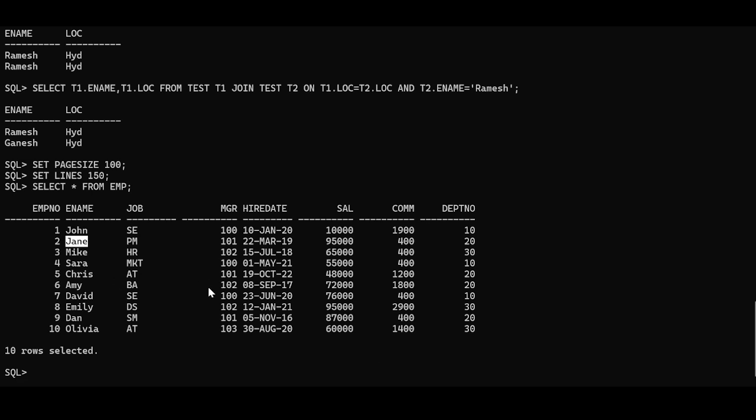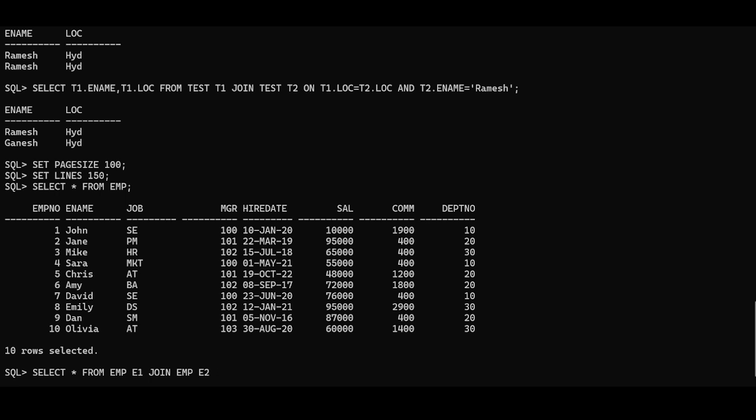So I need to create two alias tables, two virtual tables. Same thing I will do. Select star from EMP E1 join EMP E2